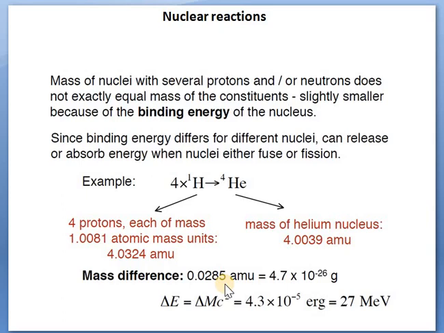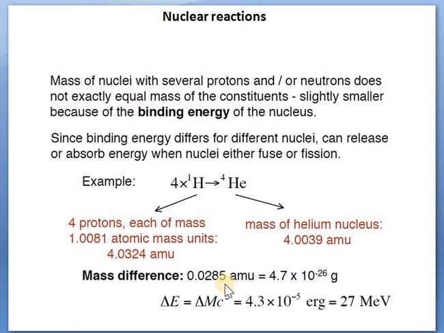So what does this mean? This means that approximately 27 MeV of energy is released when 4 protons combine to produce a helium nucleus,